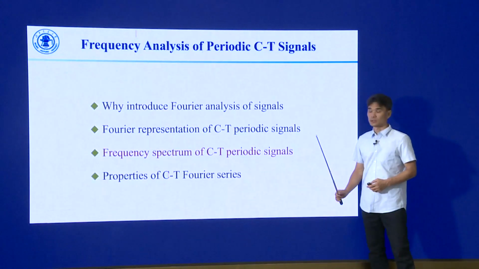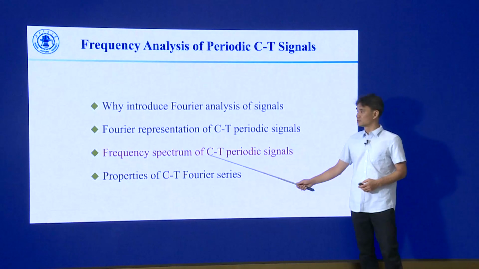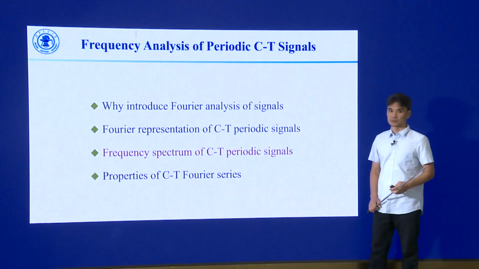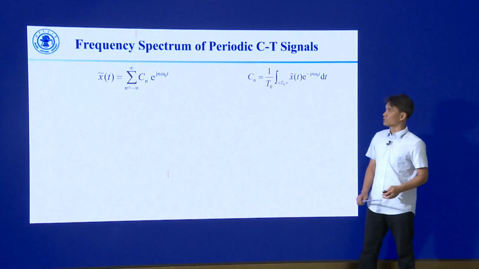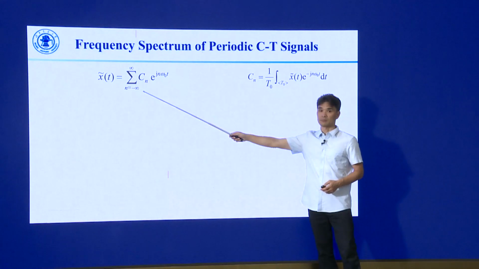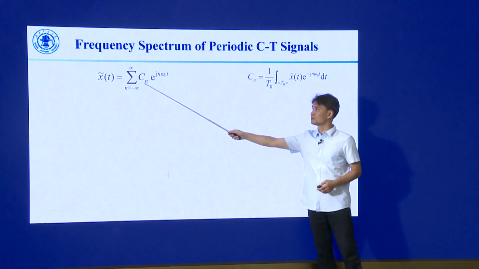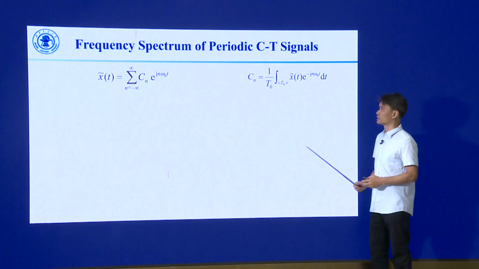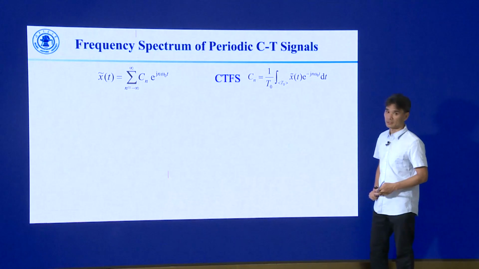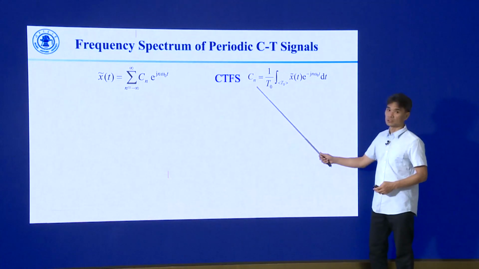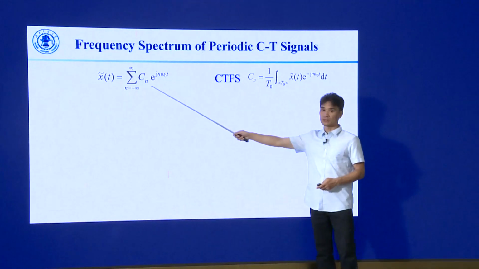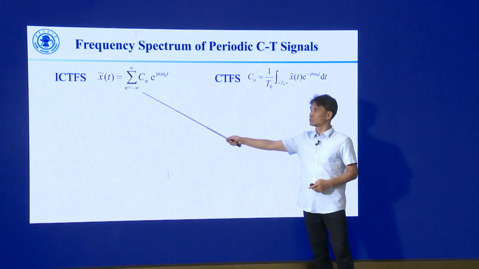Next, we're going to introduce the concept of spectrum for continuous time periodic signals. We already showed that this is the Fourier series for a continuous time periodic signal, and its coefficients in here can be calculated using this integral. And we define this as the forward continuous time Fourier series, while the other equation is called the inverse continuous